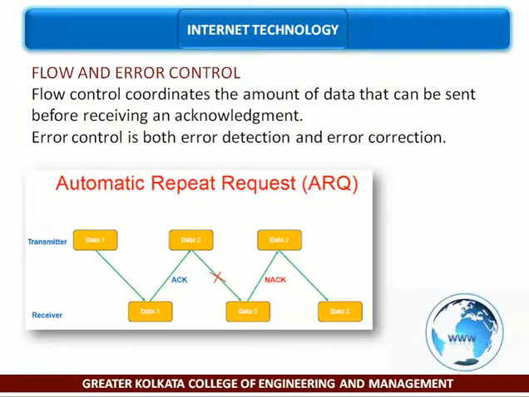Flow control refers to a set of procedures used to restrict the amount of data that the sender can send before waiting for acknowledgement. Now, during the transmission, errors can occur, and how will that be controlled? First of all, we need to detect the error, and after that it will be corrected. It allows the receiver to inform the sender of the frames lost or damaged in transmission